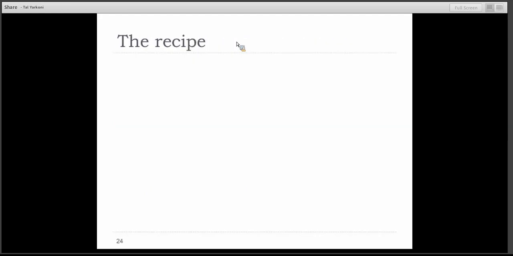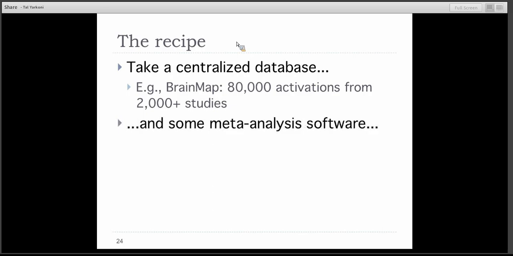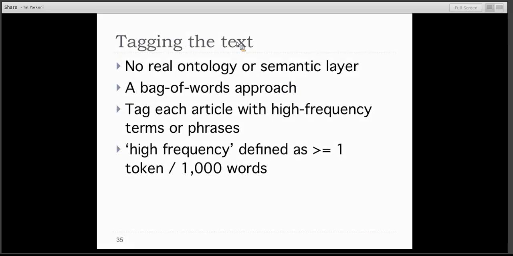And the basic recipe is as follows: you take a database, which you could put together yourself, or perhaps rely on a centralized database like BrainMap, which has about 80,000 activations from 2,000 or more studies, and then you have some meta-analysis software. There are different packages, MKDA, ALE, and so on, and you do some magic. This is very scalable, obviously, and I'm not going to get into the details, but basically you have all these scattered activations that look random, and then you look for consistency statistically, and you can produce images that are